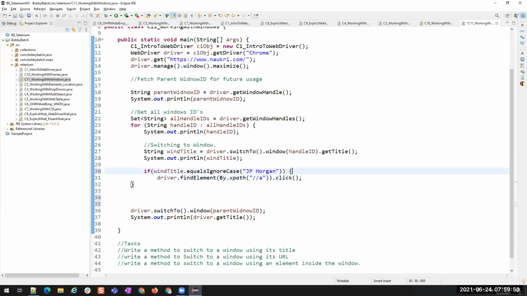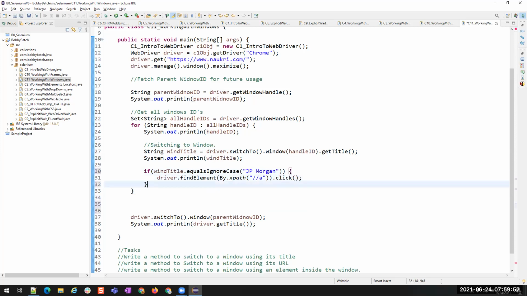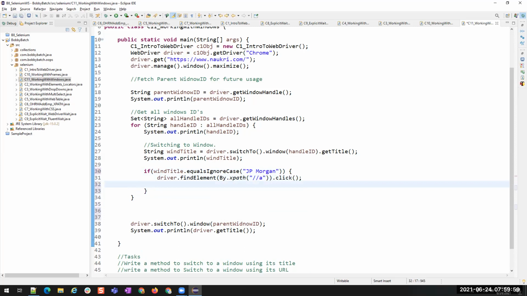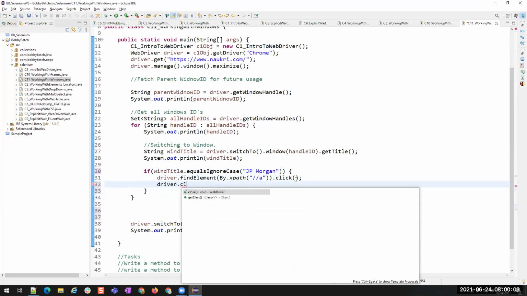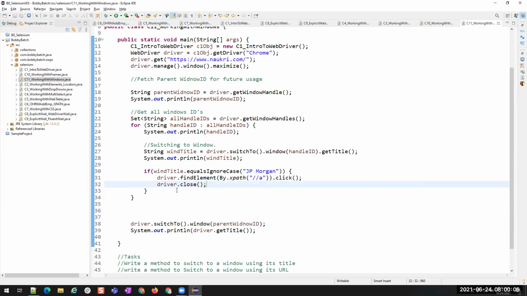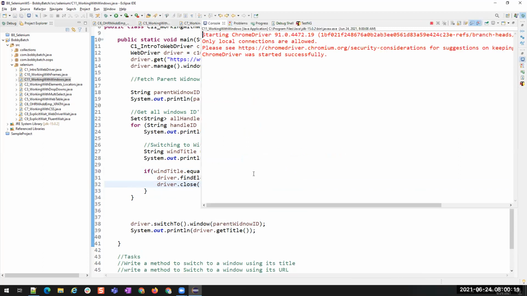Inside this if condition, we are in this link. We clicked on JP Morgan, right? Now I want to close that window. I'm using this driver.close. Now let's see whether it is closing everything or whether it is closing only JP Morgan. Observe it.